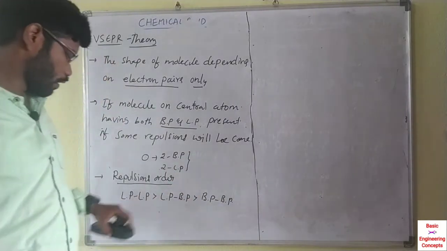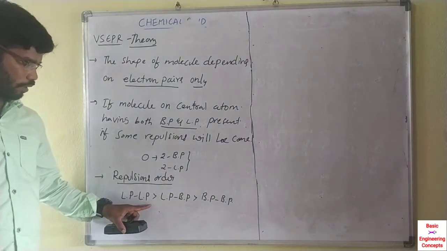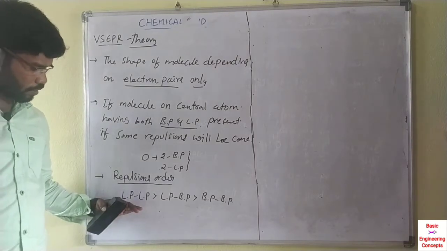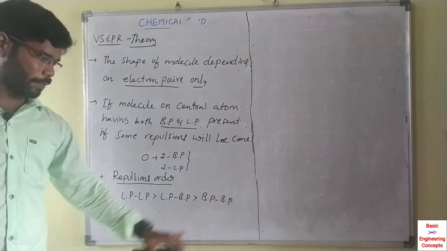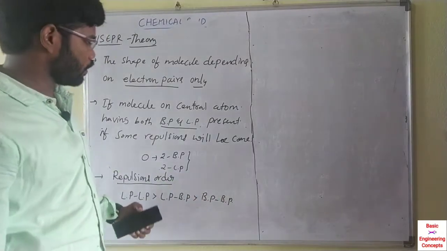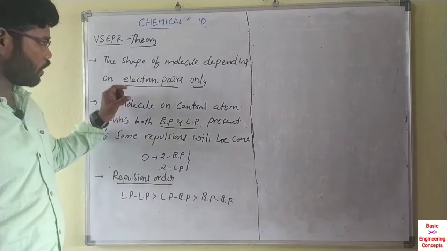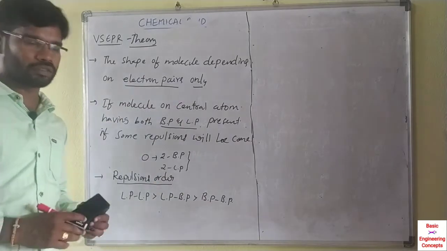This is the repulsion order. So, lone pair-lone pair has the highest repulsion, then LP-BP, and then BP-BP, where BP means bond pairs. Here observe, students, when electron pairs or bond pairs are all equal...